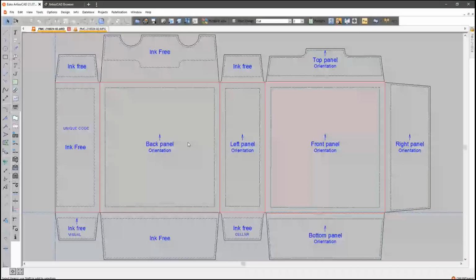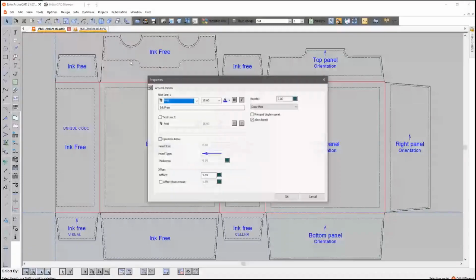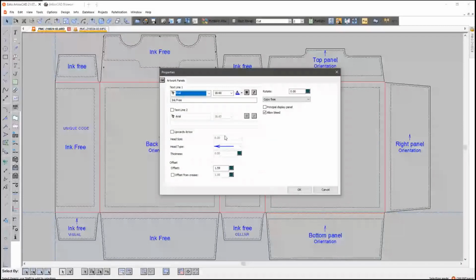So it's a very visual aid to help people who are not familiar with structure understand how this is really going to fold. And with a structural designer knowing that information, it's easier for them, us, meaning structural design, to set this up and provide this to our colleagues. So if I click on this one panel, for ink free, what we're going to notice is we have some information here, just basically telling what the panel is, and it's really important to understand what this allow bleed is